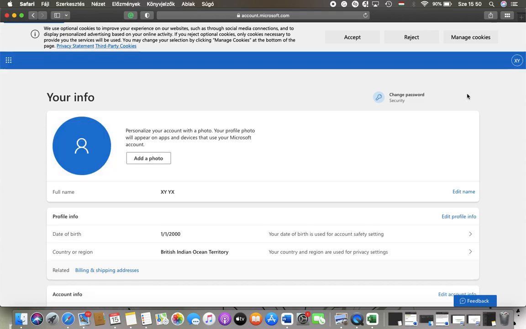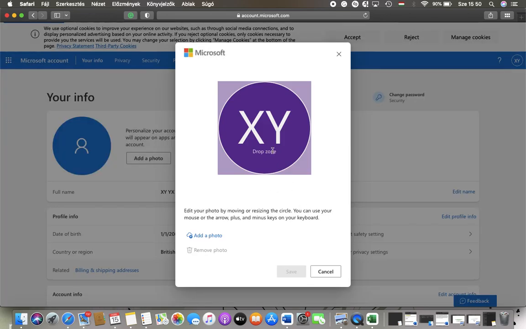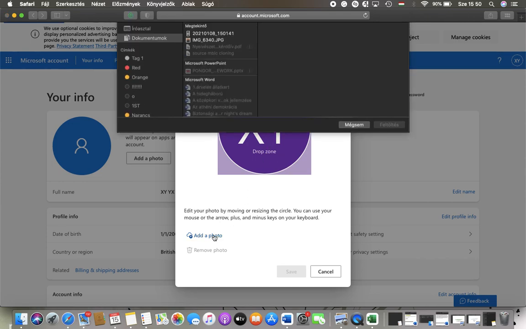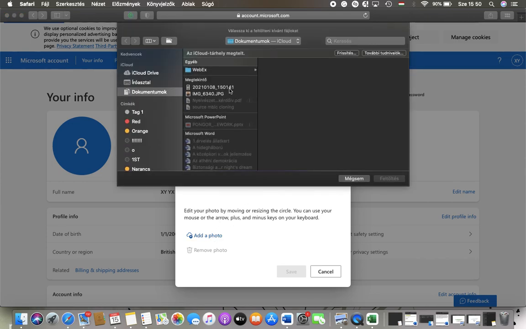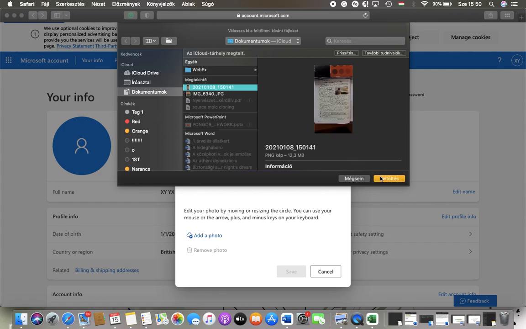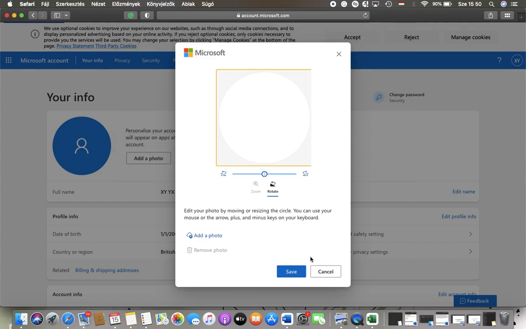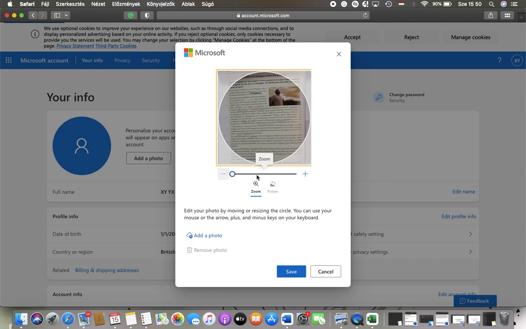Then you should wait a few seconds till it loads, and in the your info section, tap on the add a photo button. Tap on this circle and add the photo. Then you will be directed to your files where you need to select a photo, click on upload and tap on save. After adjusting to this circle, you can zoom in and out and then click on the save button to upload your